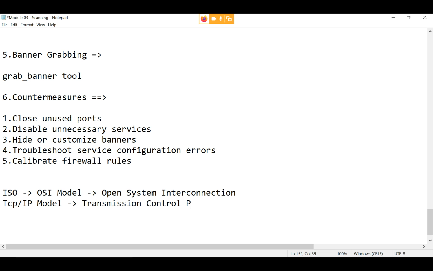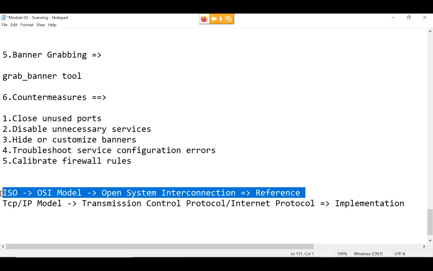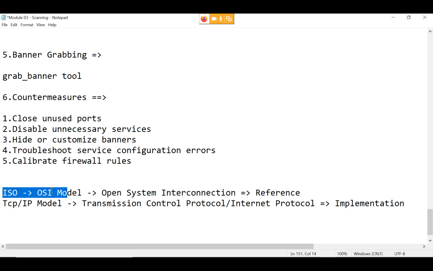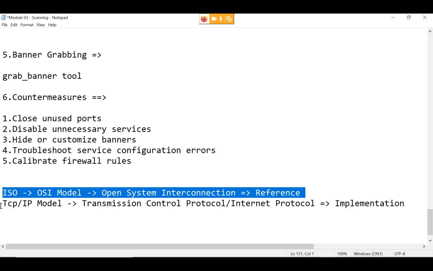So this one is for reference, and this one is for implementation. Actually, it was taking a lot of time to create this, so in the meantime,